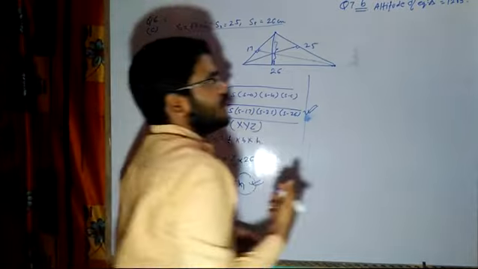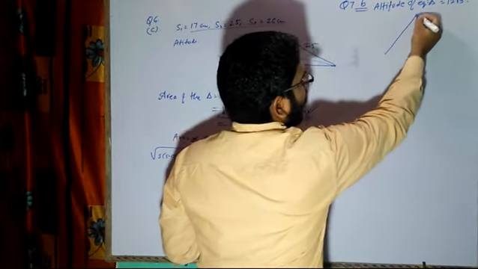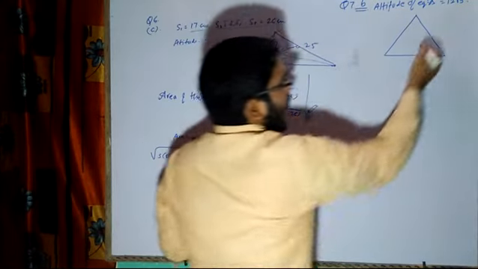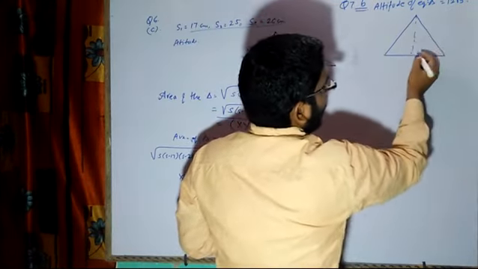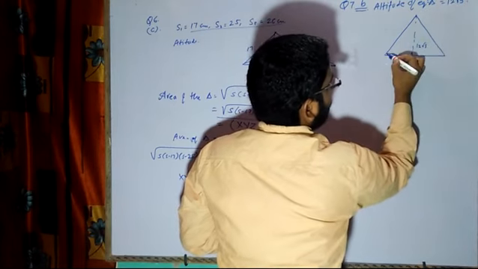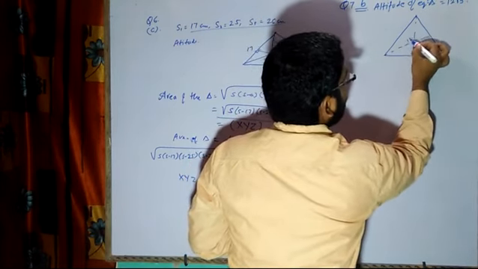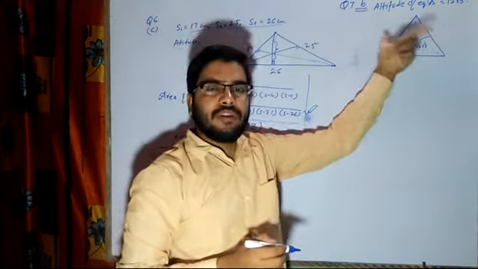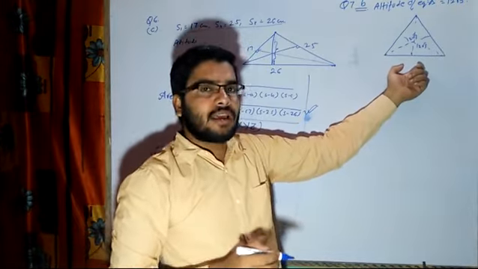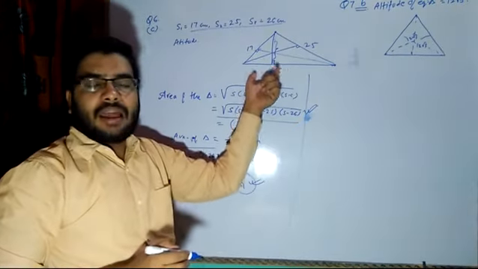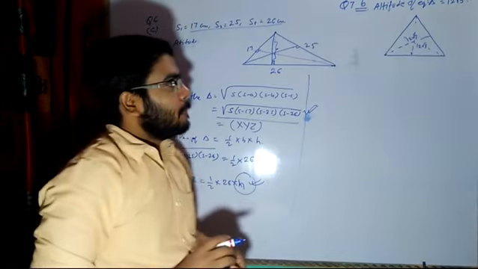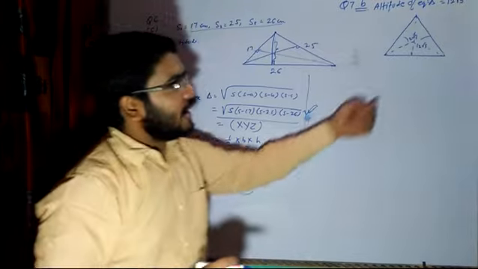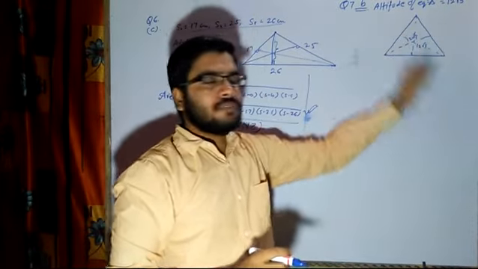To calculate the perimeter and area of an equilateral triangle or of any triangle, you are supposed to know the sides of the triangle. Altitude is given. Altitude is 12 root 3. Now from this side also altitude will remain same, since it is an equilateral triangle, so altitude will remain constant in case of equilateral triangle, but in case of scalene triangle altitude will never be equal. So with this help, what you are going to do, first you are going to calculate the side.